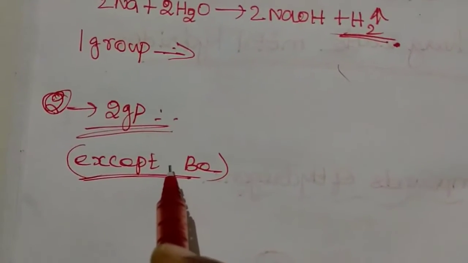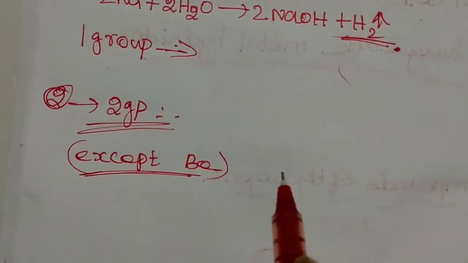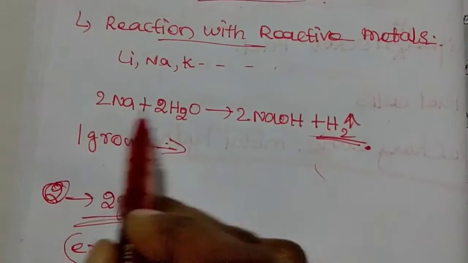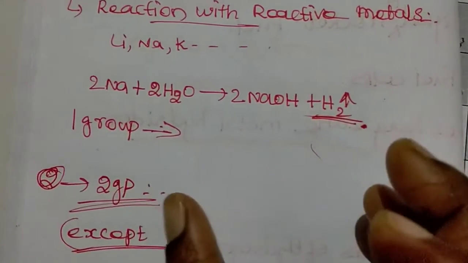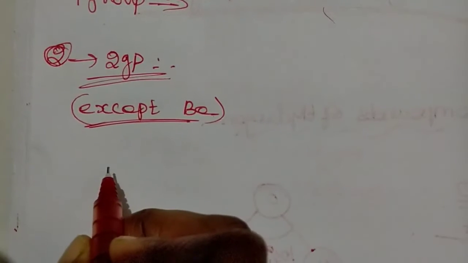Water reacts with the second group elements, other than beryllium, in a similar way, but less violently. In the group 1 reaction, when treating water with the alkali metals, they reacted together violently. But in the second group, it is less violent compared with the first group elements. So the reaction for the second group elements, barium